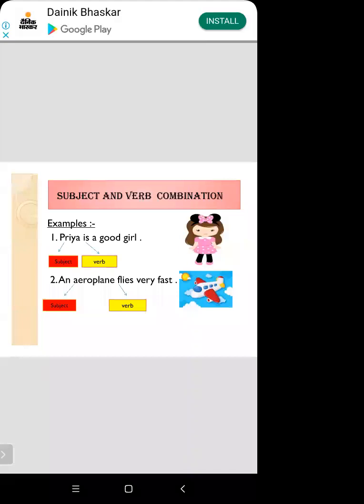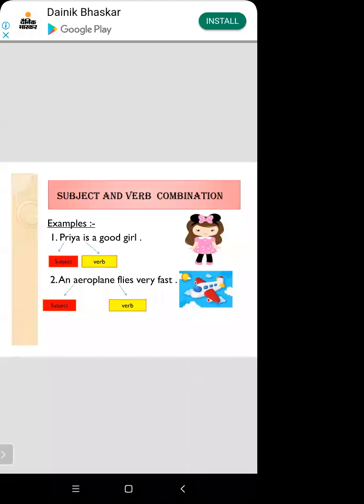क्लियर? Now next one is, subject is a part of a sentence. सब्जेक्ट क्या होता है? अपने जो सेंटेंस होते हैं उसका क्या होता है? पार्ट होता है. That contains the person or thing. उसमें जो सब्जेक्ट होता है, as we use as a person, okay, as we use as a noun, pronoun. Okay, student. So now performing the action in a sentence. वो क्या करता है? Perform करता है action.